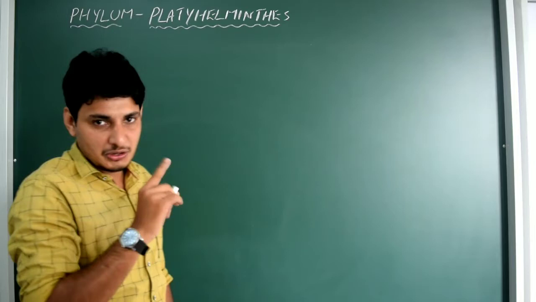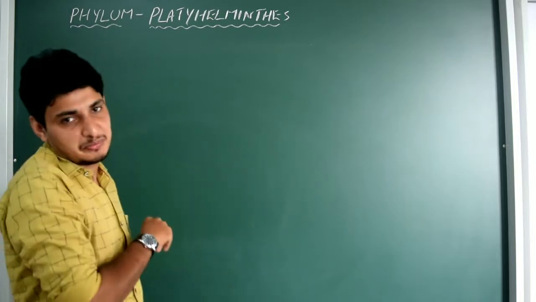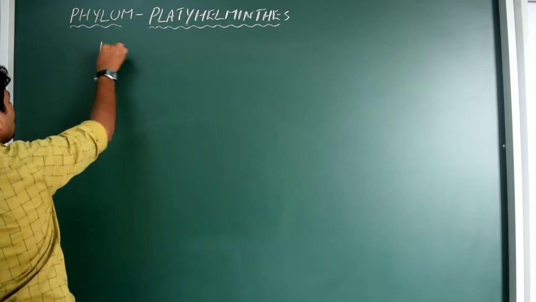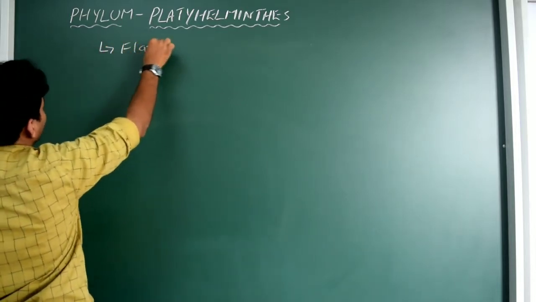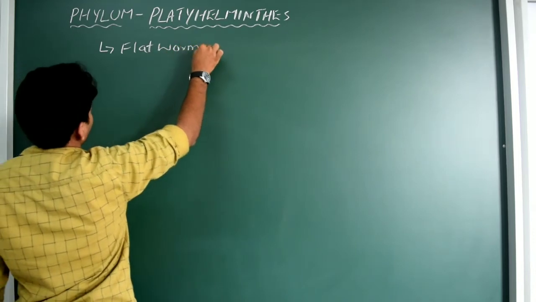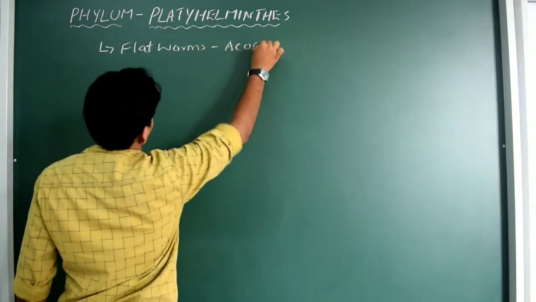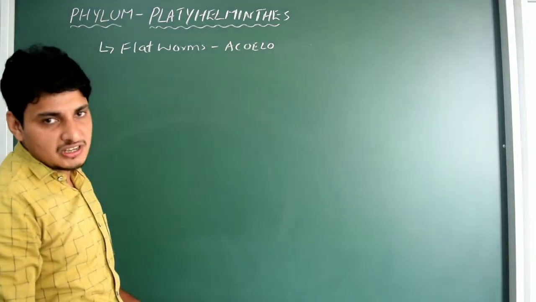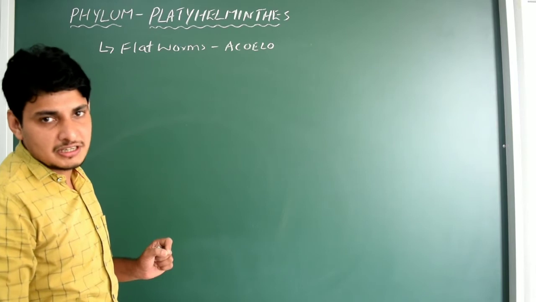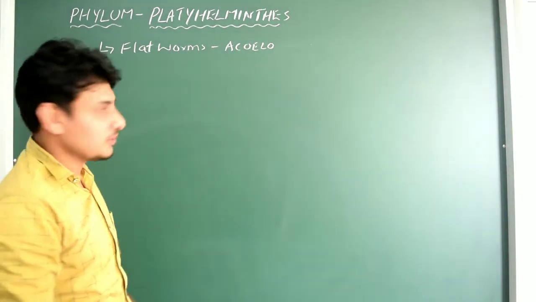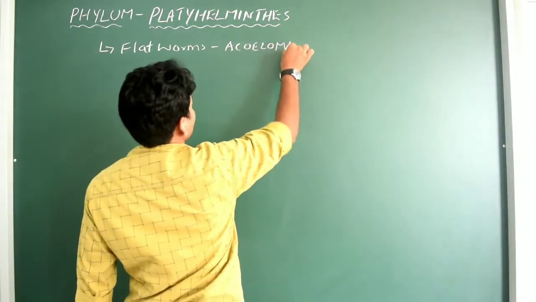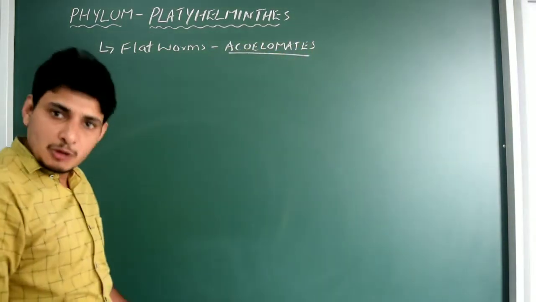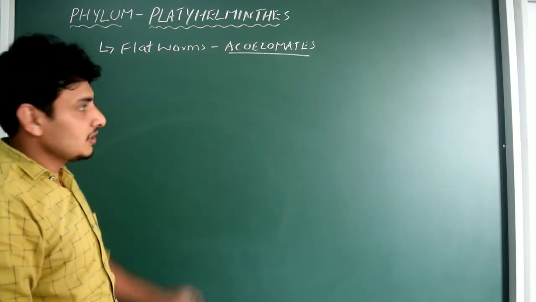Yes, so this is the thing. Got it? Even though they have mesoderm, a third middle layer, that is there. Okay, so we write here, they are all called flatworms, but still they are acoelomates. You are not supposed to get confused with pseudocoelomates. Pseudocoelomate organisms are the next phylum organisms, that is Aschelminthes, Ascaris. Okay, so pseudocoelomate, Aschelminthes. These are 100% acoelomates, triploblastic acoelomates. Got it? So remember it.